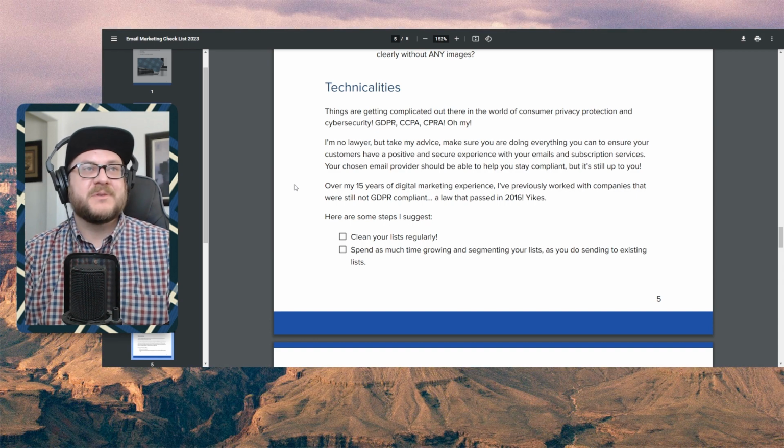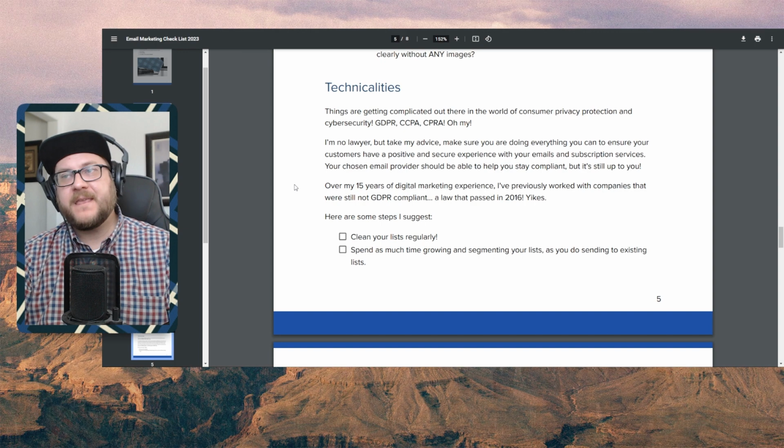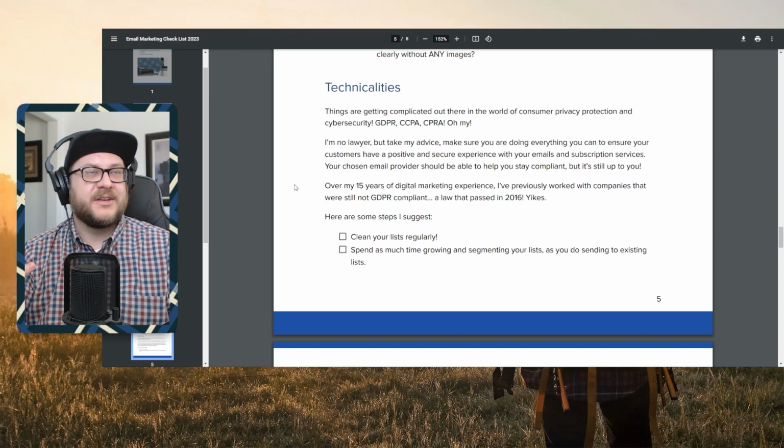A lot of the platforms, you must. You have to have an unsubscribe link. You have to have the physical address of the business. You have to give them opportunities to opt out. You have to provide security details and a disclaimer. There are things that you have to provide as a minimum.